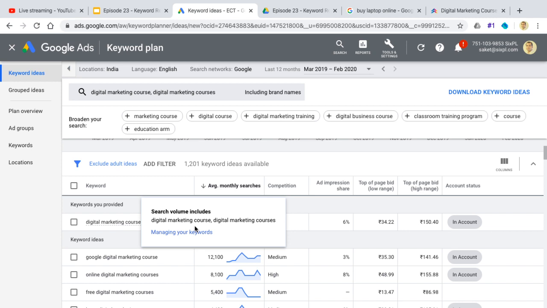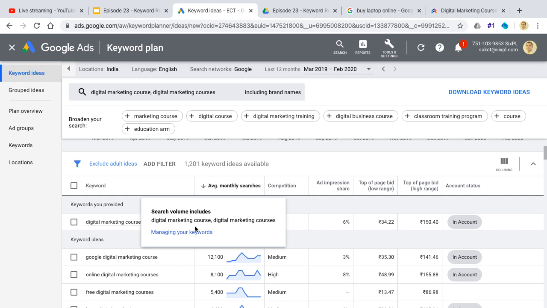And then when you are writing content, include that digital marketing course fee somewhere once or twice in your content. So it will take both of them. Google will pick up both the keywords. Similarly, if there is a digital marketing course with placements, then pick up that digital marketing course with placements somewhere